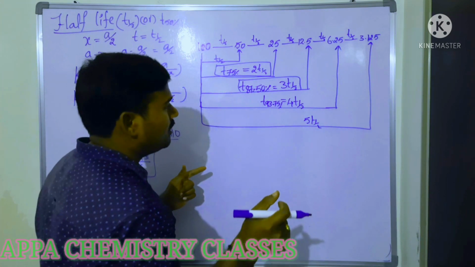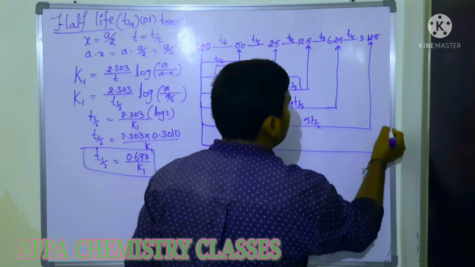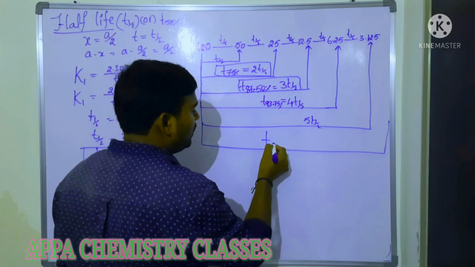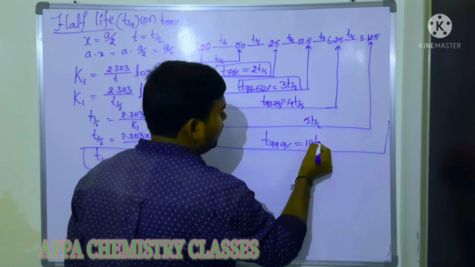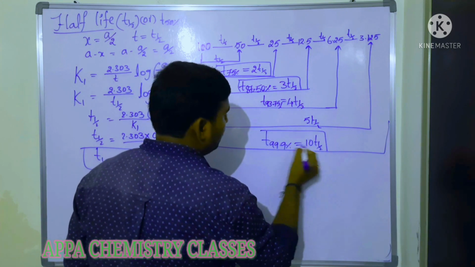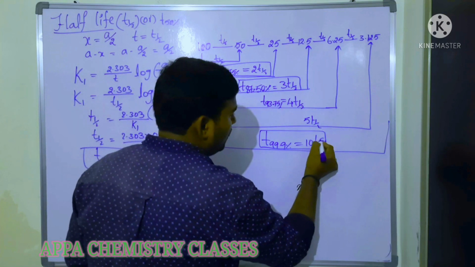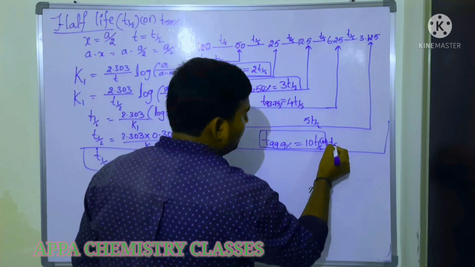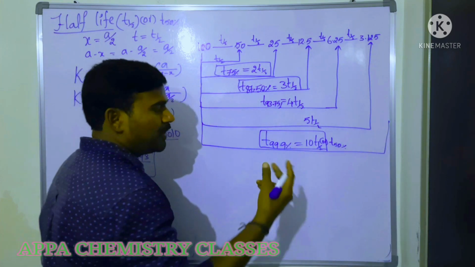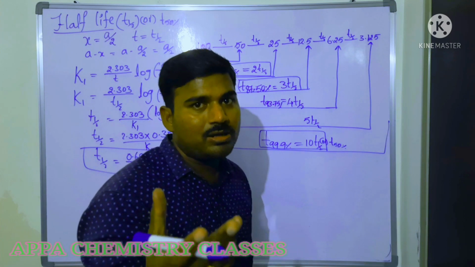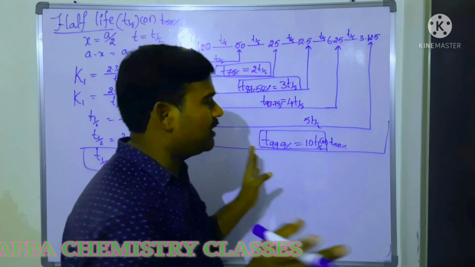Now one more relation will be there, that is when we are doing the time required to consume 99.9% of the initial amount. That will be how many T halves? 10 T half. This relation is very important. If you want this derivation, I will tell you here. T half is nothing but T 50%. I told you initially, even in zero order, that the percentage of reactant consumed will not change the rate constant. The rate constant of the order of the reaction remains the same.